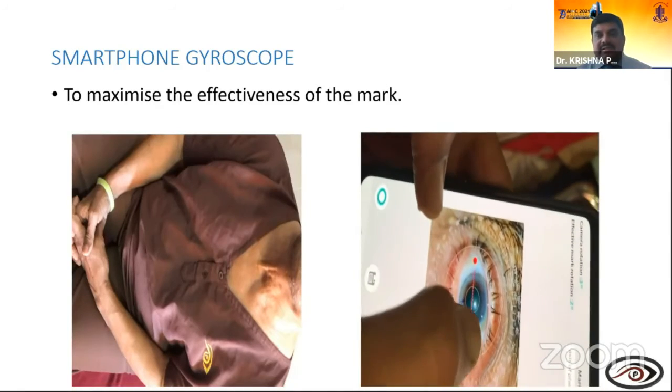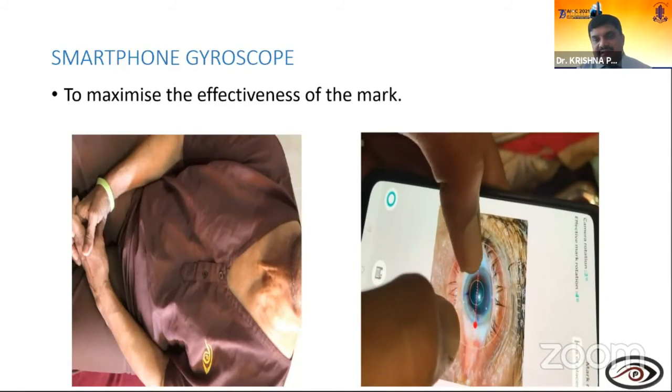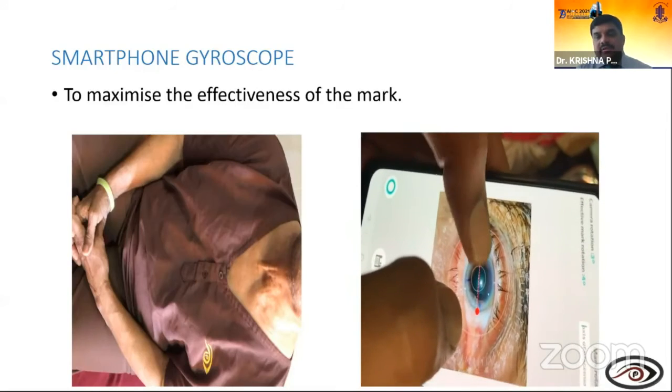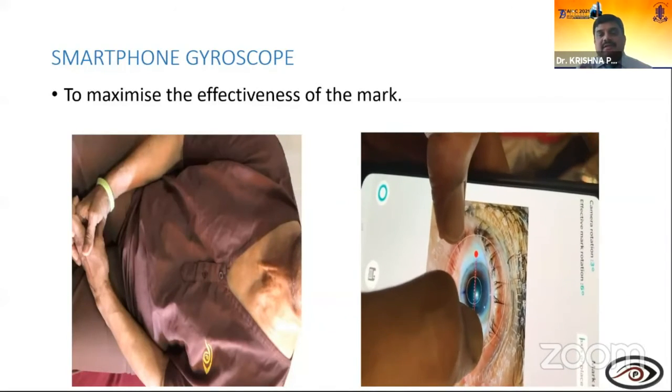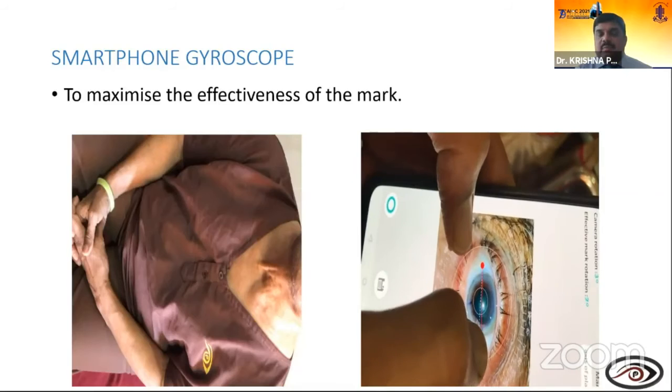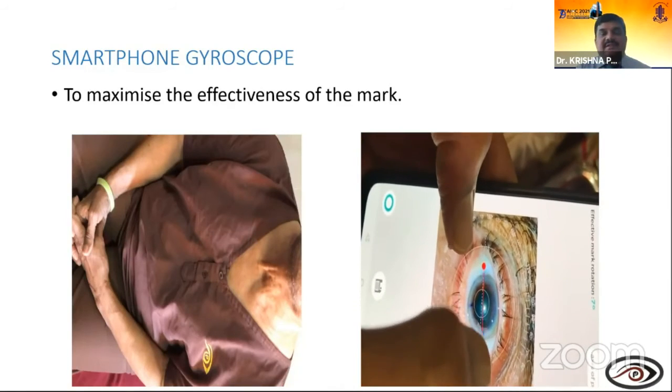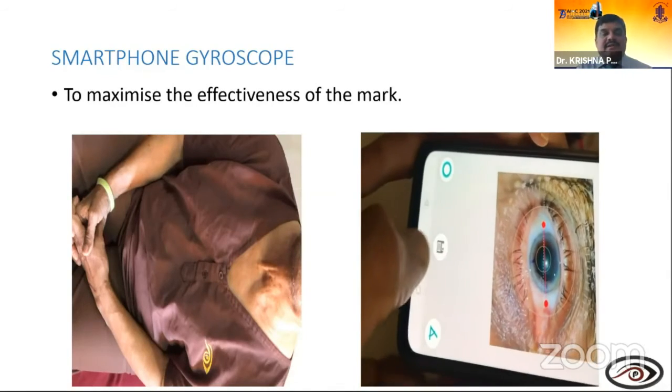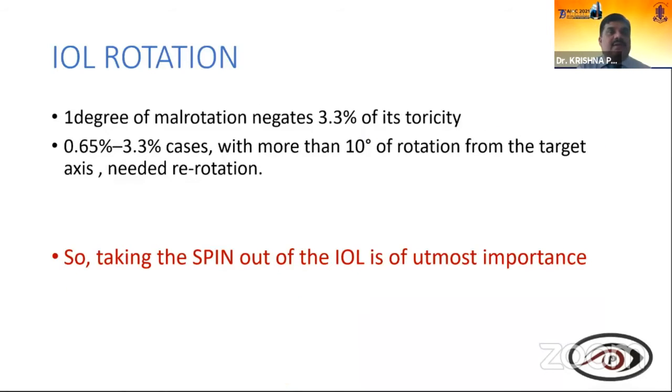Then it will tell how much, you can see in this picture, there is a 3 degree error which has been oversighted. So it will tell you what your axis is, and where you have to put the lens. This is almost as accurate in comparison with any of the digital systems. This is the one point I just wanted to tell you.